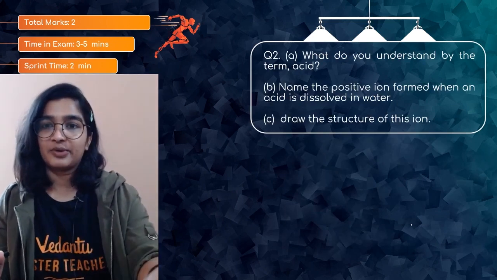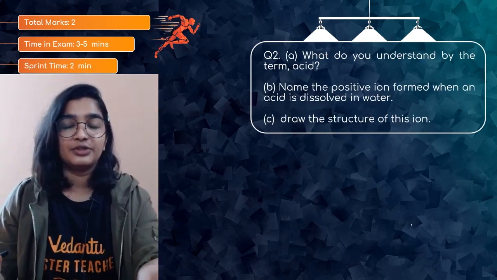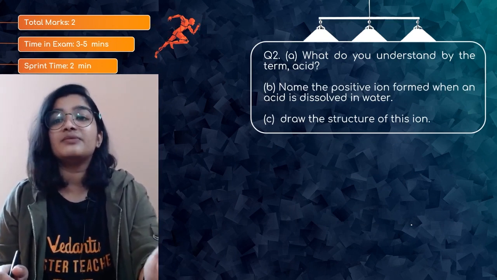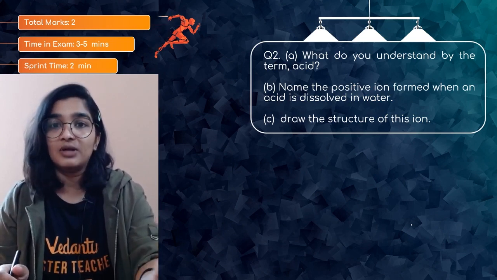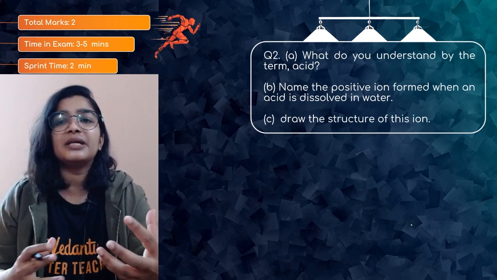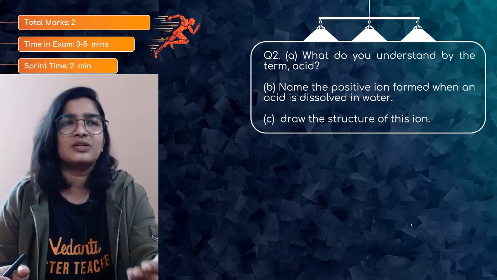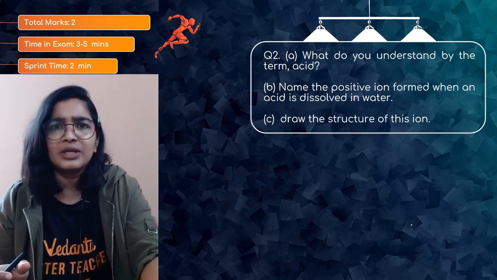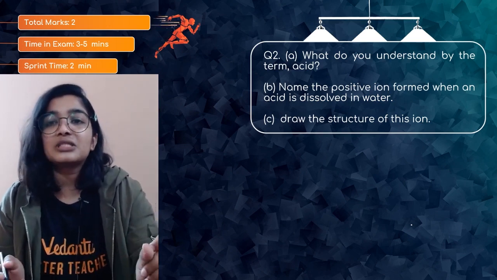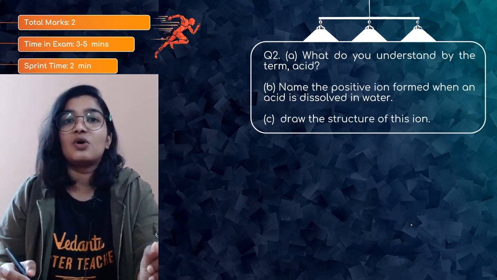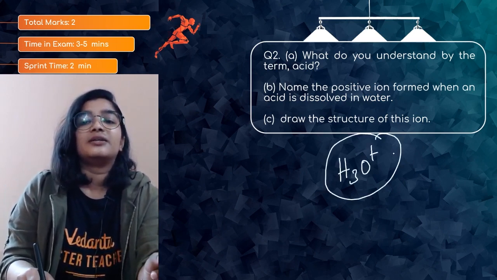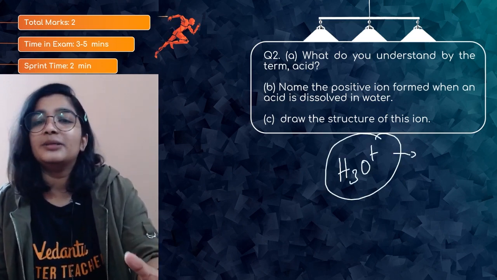We have 3 sub-questions in that, for 2 marks. What do you understand by the term acid? Name the positive ion formed when an acid is dissolved in water. Draw the structure of this ion. So what is an acid? A substance that, when dissolved in water, produces hydronium ions. Very good. Name the positive ion formed when an acid is dissolved in water. So H3O+,